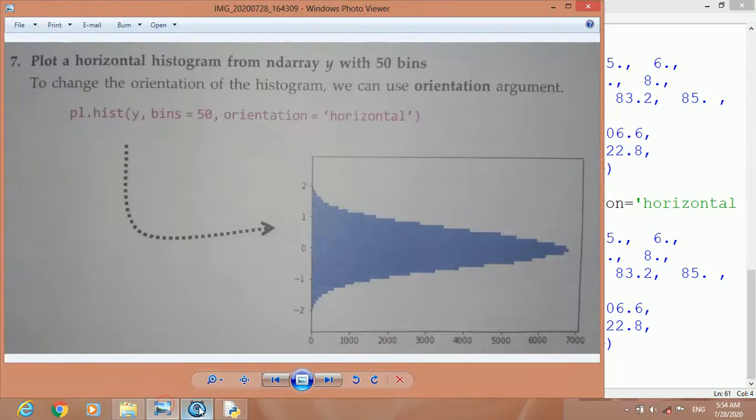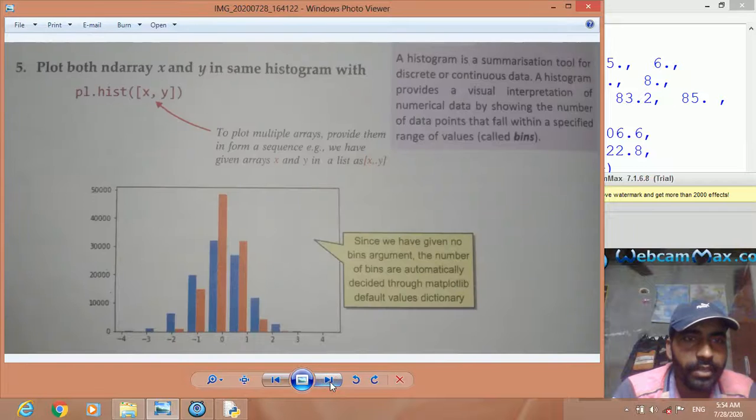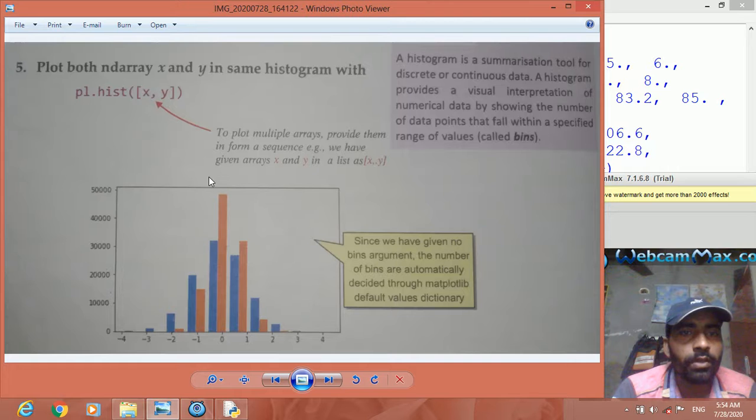Further we have showing two data sets, that is, x array and y array also. So let us have two data sets, x array plus y array.